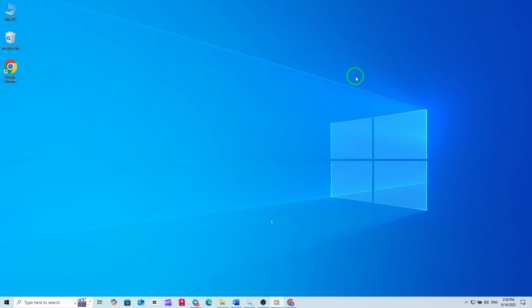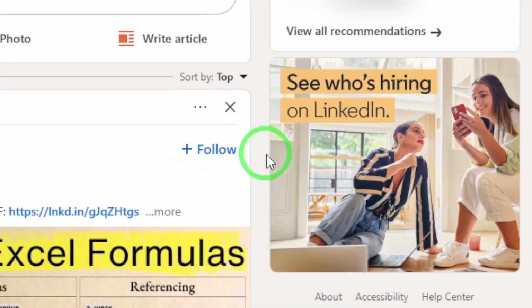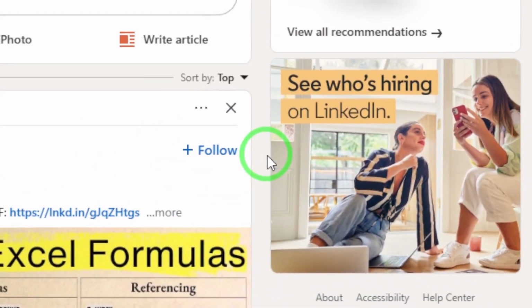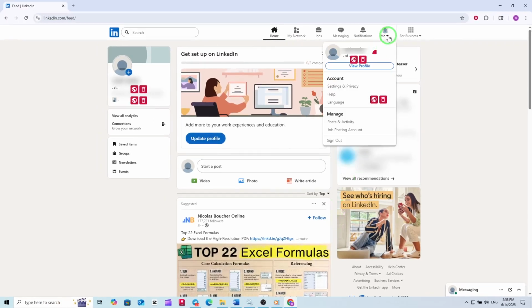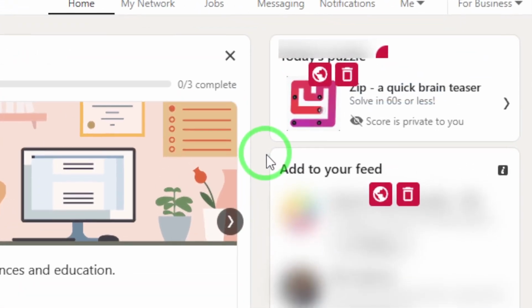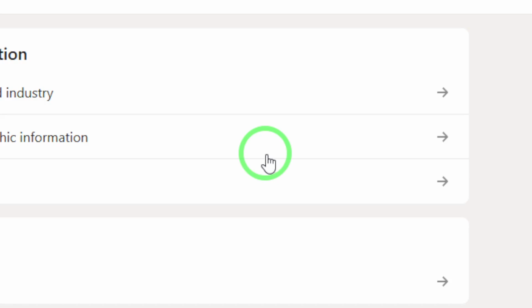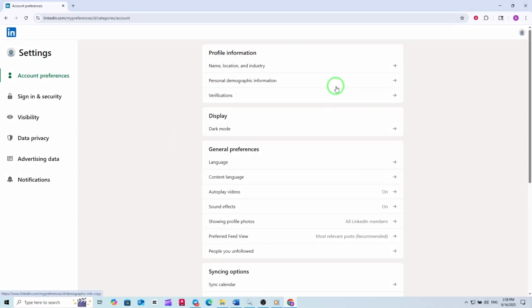First, open LinkedIn in your preferred web browser and log into your account. Once you're on your LinkedIn homepage, look towards the top right corner and click on the Me icon. This is where you'll access all your account settings. From the drop-down menu, select Settings and Privacy. This will take you to the main settings dashboard, where you can manage everything from your account preferences to your